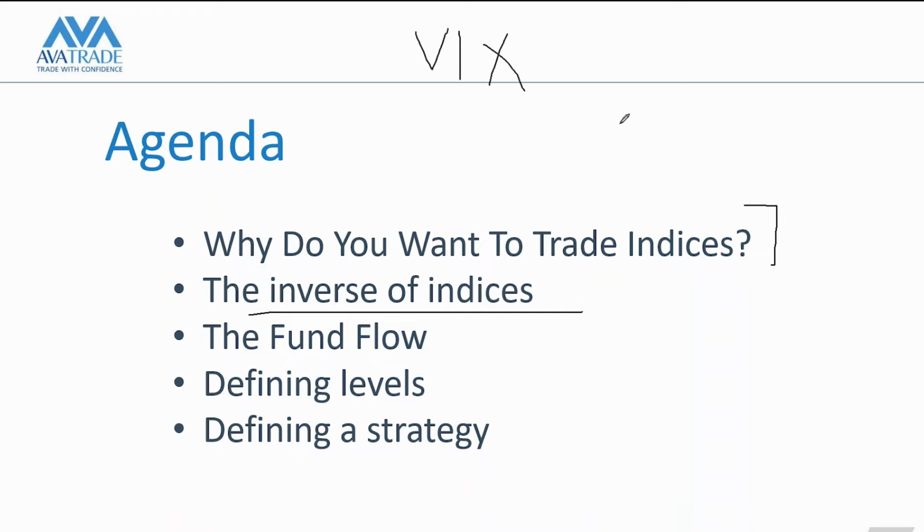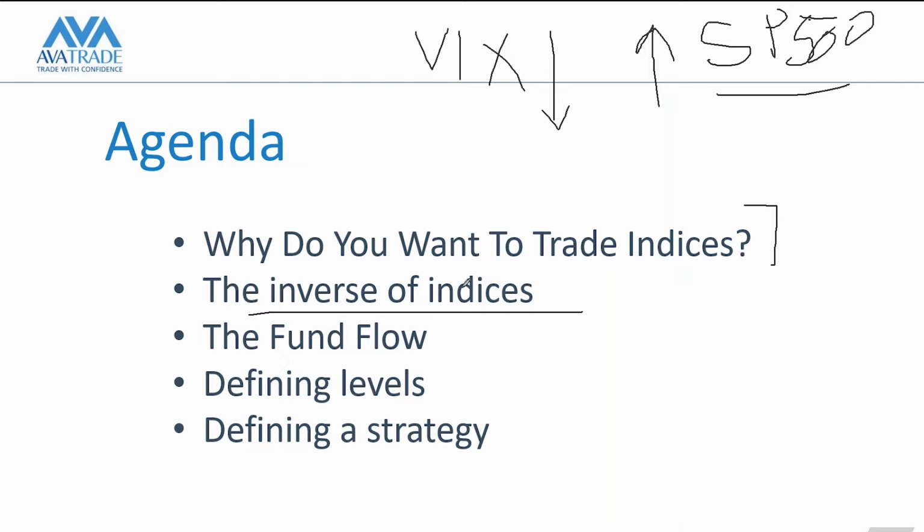This is your volatility index, and this is your S&P 500 index on this side. The S&P 500 index represents your top 500 companies, as I mentioned earlier. So when the S&P 500 index moves to the upside, the VIX moves to the downside, because this is the inverse index. So when there is more risk in the market and people are concerned, the volatility index goes up.